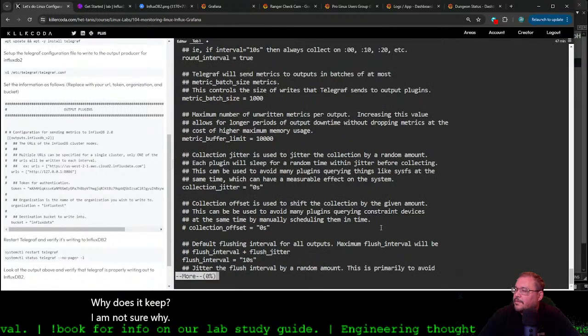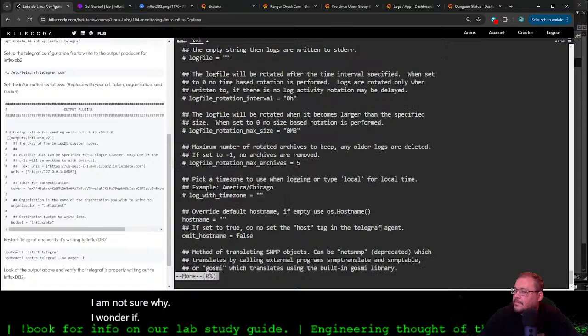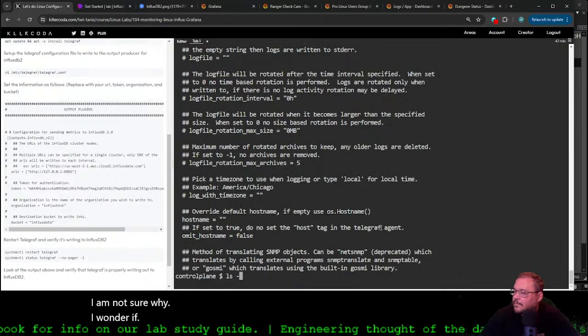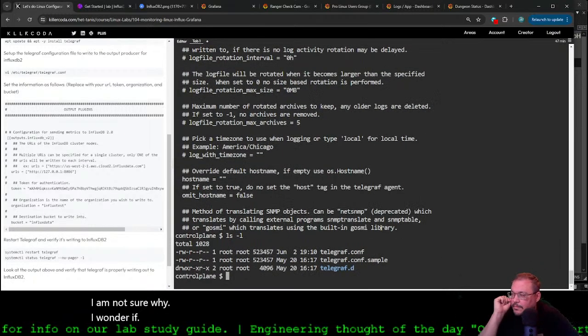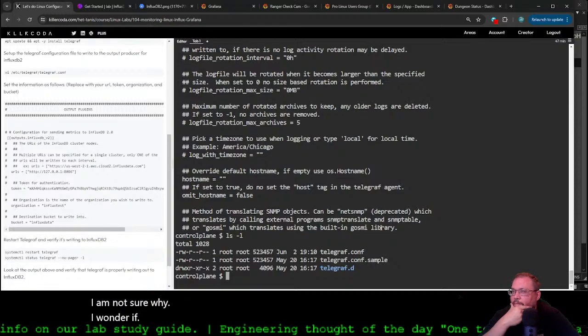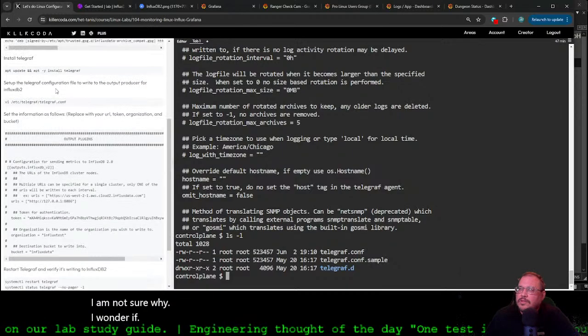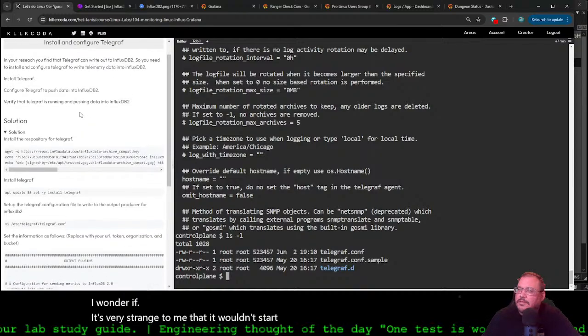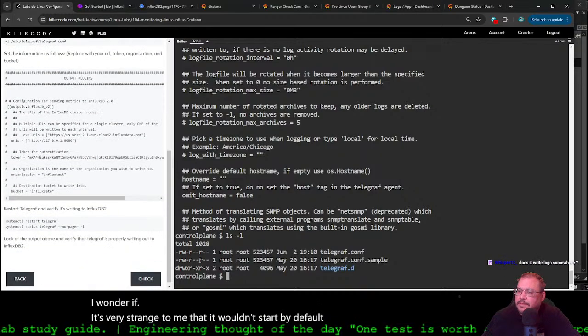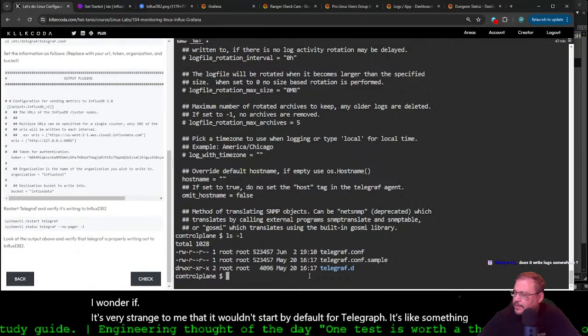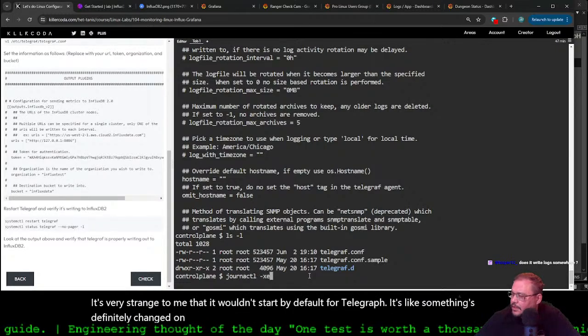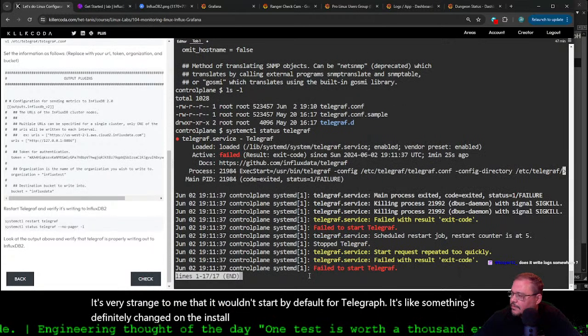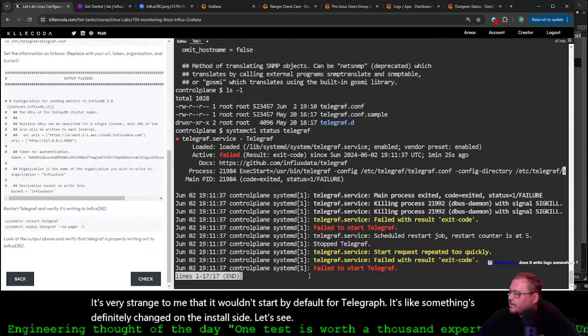I wonder if... it's very strange to me that it wouldn't start by default for Telegraph. It's like something's definitely changed on the install side. Let's see. Failed to start Telegraph.